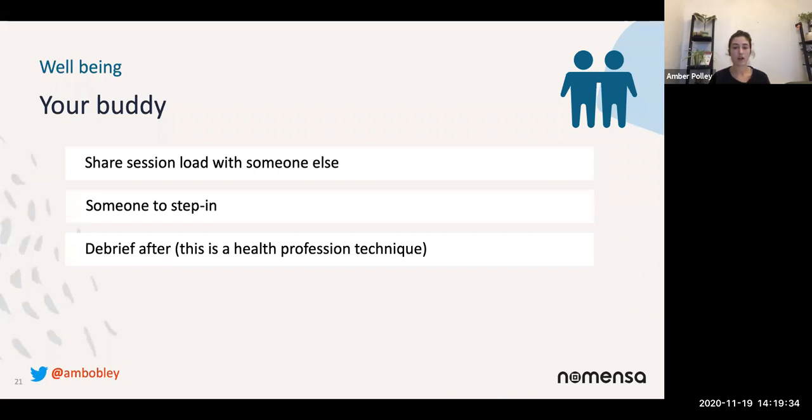And going back to health professionals, who will be talking much more about these topics day to day, it's a health professional technique that they have debriefs and supervisions with a mentor or buddy, either every day or every week. Counsellors, psychiatrists, clinical psychologists, they all do this. And user research as an industry is behind in this, because we're talking about these particular topics, but we don't have the same techniques in place to really protect ourselves.